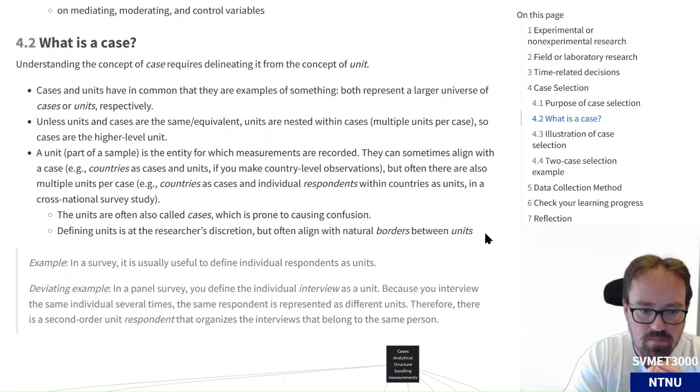Examples would be that in a survey it's usually useful to define individual respondents as units, but in a panel survey,